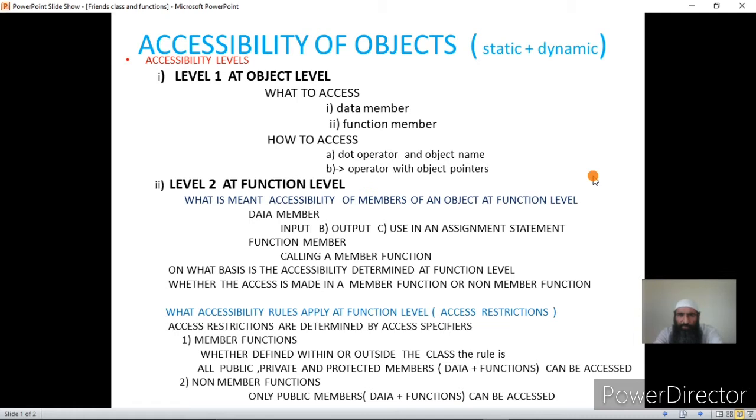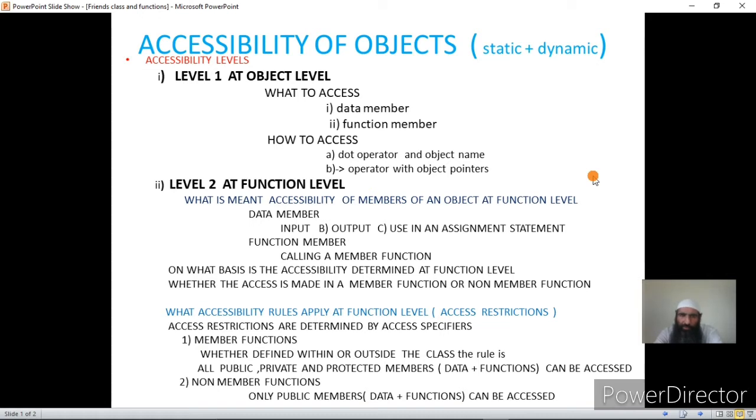Now once we create an object, or once we instantiate a class, memory is allocated to the object, that is, to its data members, and we will also be able to access the members of a class with the object.